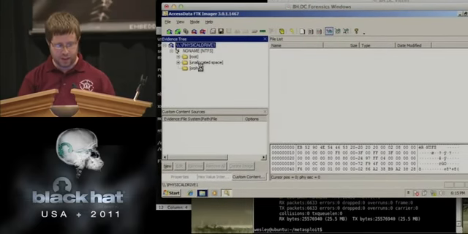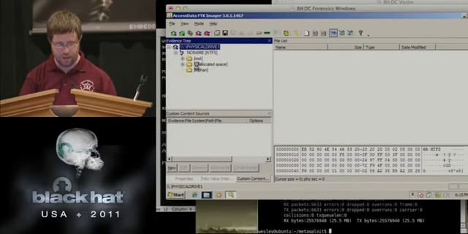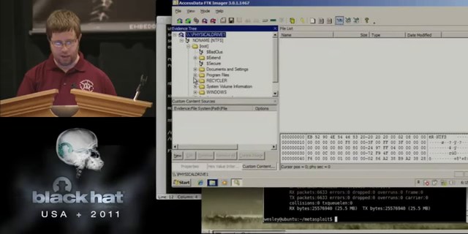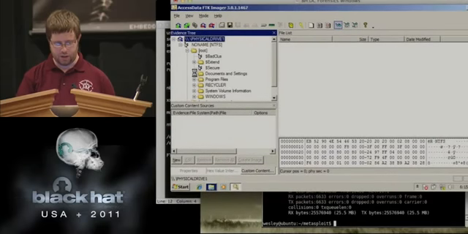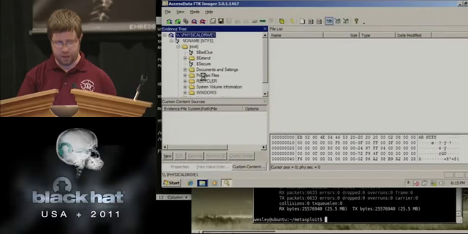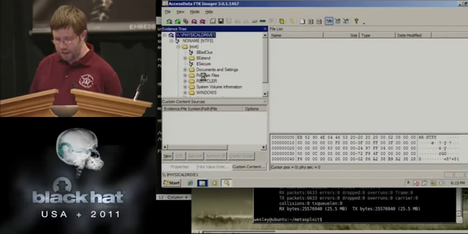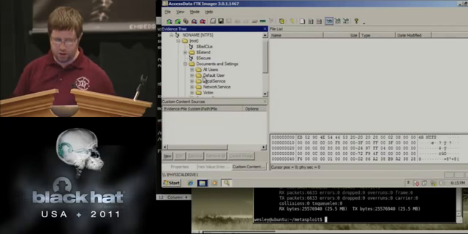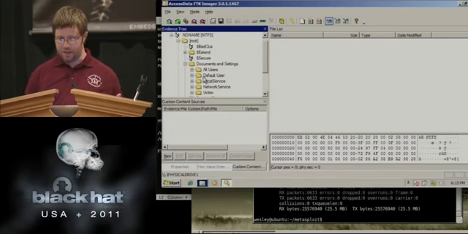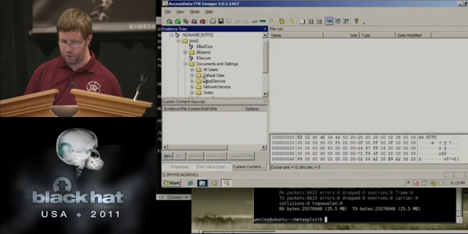We can view all the unallocated space, not going to bother with that for now. And we can navigate on down to that victim's desktop and look at that PII on there. So that's another way of going about it. As you can see, it's slow, but a lot of things in forensics, when we teach the cops and the veterans about this, we teach them about things that are 4:30 in the afternoon things, that are going to run overnight, so you might as well do it before you leave for work early.